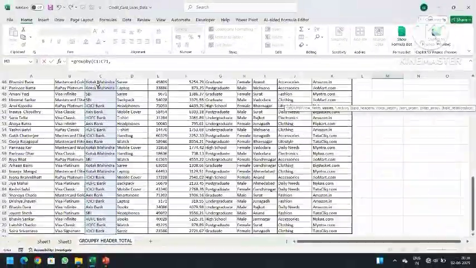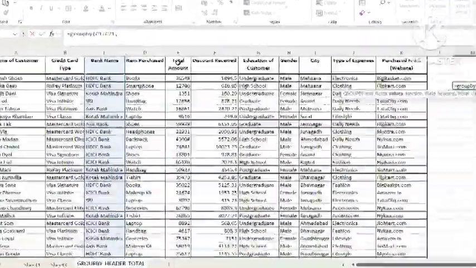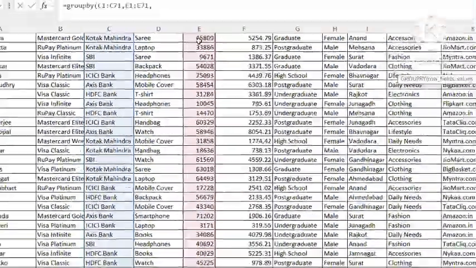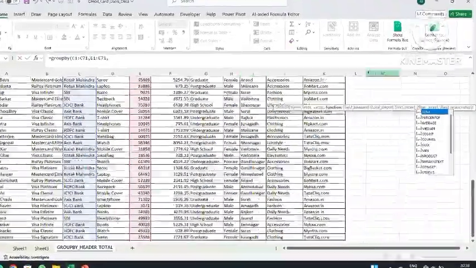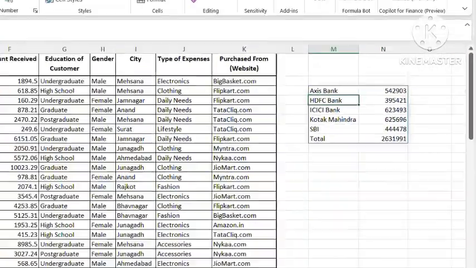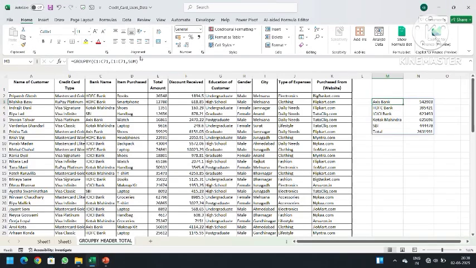I want how many banks are providing credit cards and how much money is spent by customers on credit cards, and my second variable is the totals, comma, you can give a formula, sum. What you want: sum, average, or percentage. So I want sum, bracket close, and it will just give you a simple table that is bank name and totals,